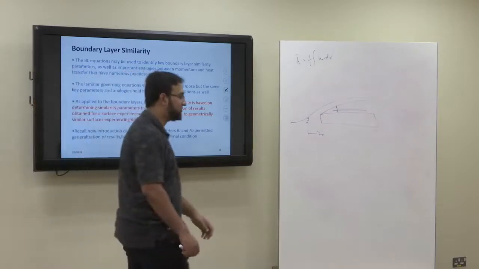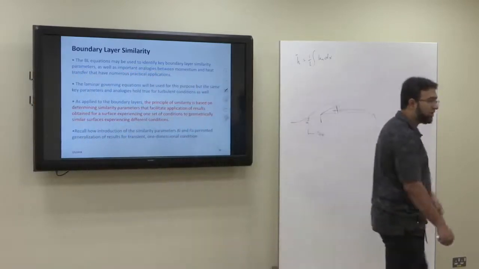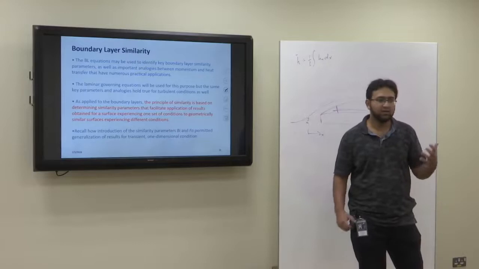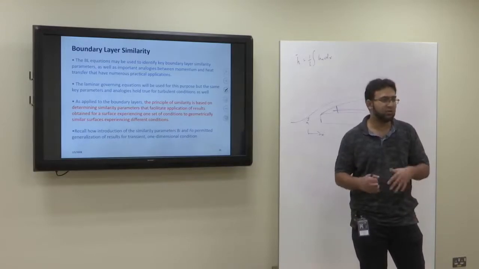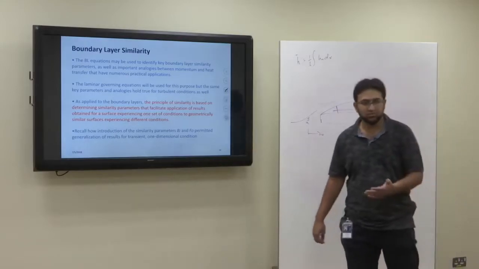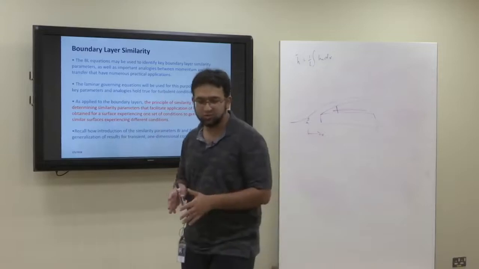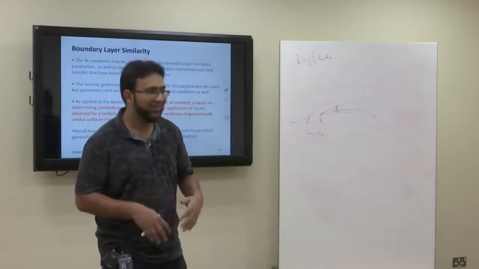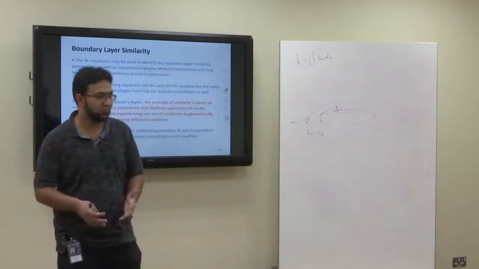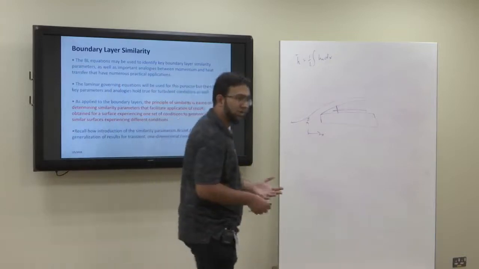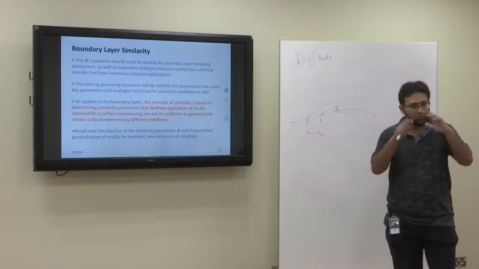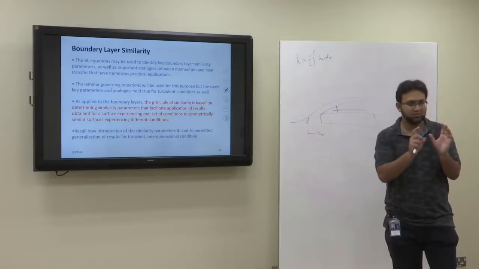And dimensionless terminologies have an advantage. If you have a dimensionless terminology, it becomes independent of any fluid property and things like that. Now it could be applied generally to anything, okay? For example, the Reynolds number. Whether a flow is smooth or not smooth, it does not matter what the fluid is. It does not matter what the velocity of the fluid is. It does not matter what the density of the fluid is. It does not matter what the viscosity of the fluid is. It does not matter how long the fluid has traveled, because